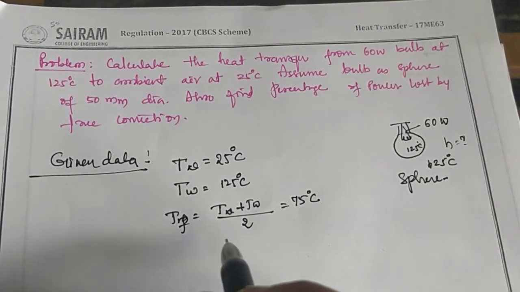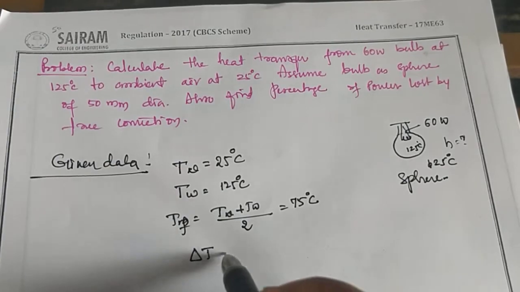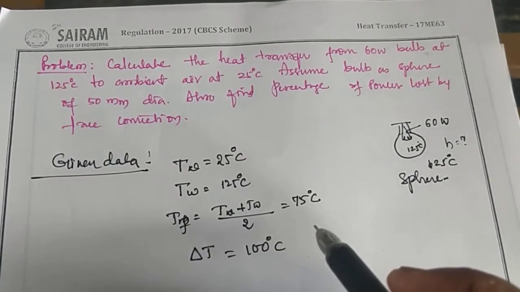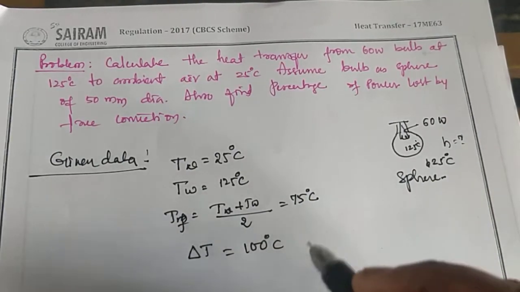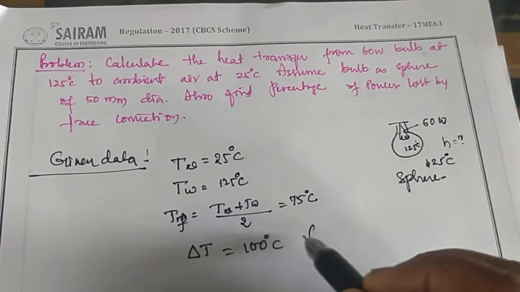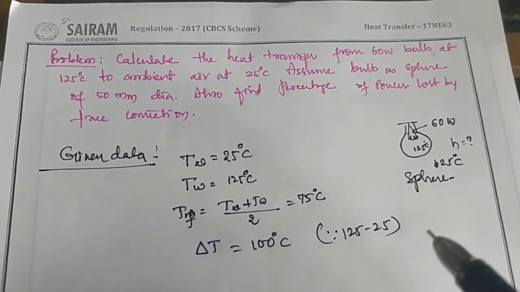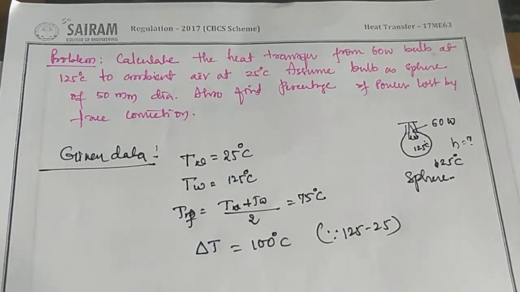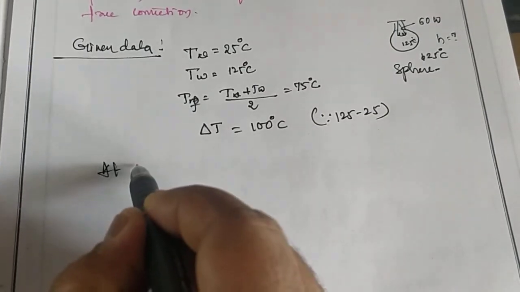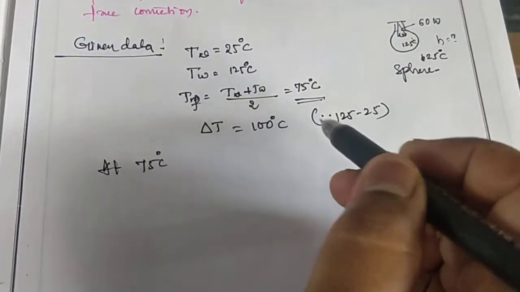The temperature difference of both is 100 degrees centigrade, because 125 minus 25 is 100. So now, for the film temperature TF of 75 degrees centigrade,